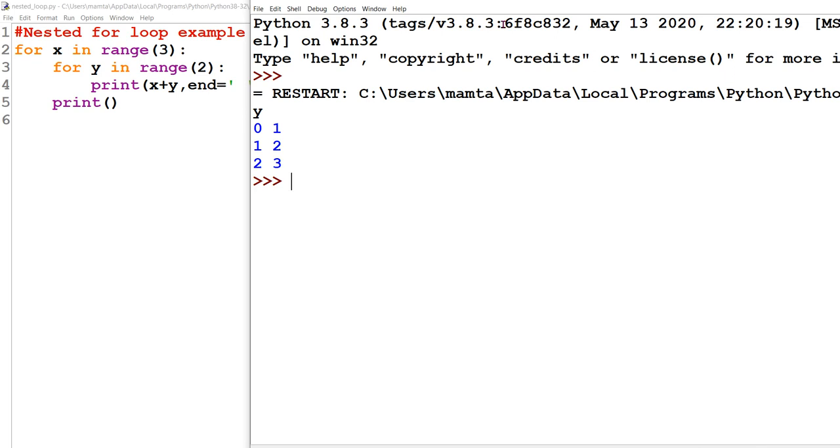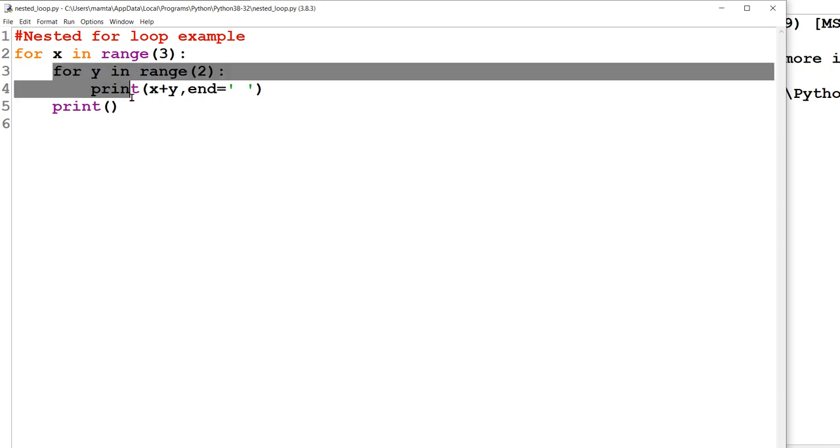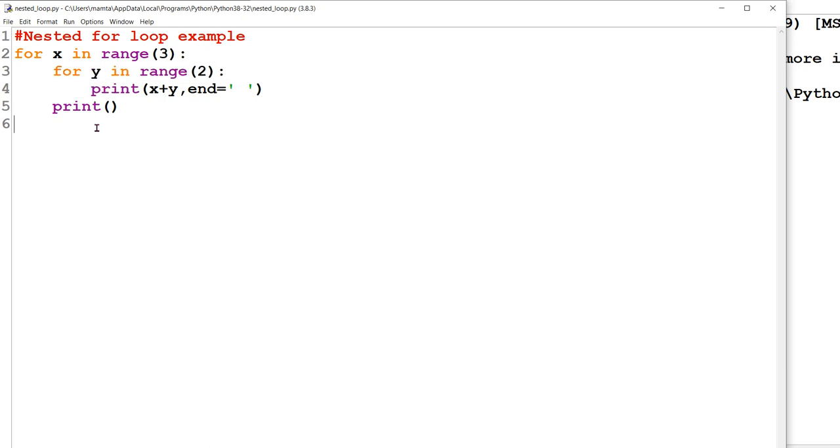And one thing you should remember every time is that the inner loop starts freshly whenever we are entering from the outer loop to the inner loop. And you first need to identify how many statements the outer loop contains and how many statements the inner loop contains. In this example, the inner loop contains one print statement, that is line number 4. You can see line number 4. And the outer loop contains again two statements, that is line 3, 4, meaning one for loop is considered one statement.